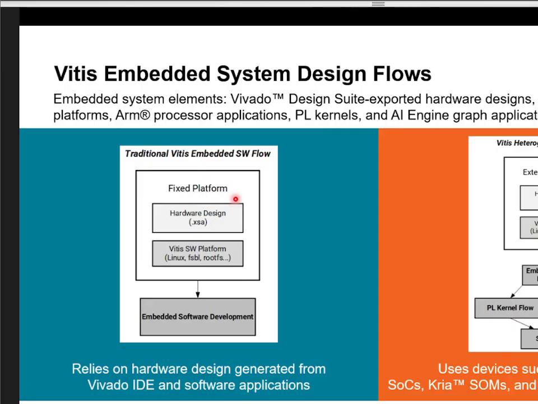done just for, let's say, embedded software development. And now with the new Vitis flow, we call this an extensible platform. That means we can use our platform also for hardware accelerated based applications. Again, the starting point is still the hardware, the XSA file. We still use the Vitis platform, but it gives us the opportunity now by using this Vitis unified platform